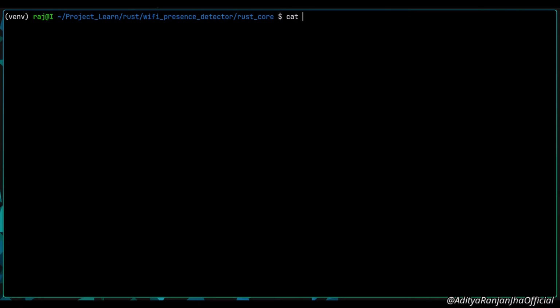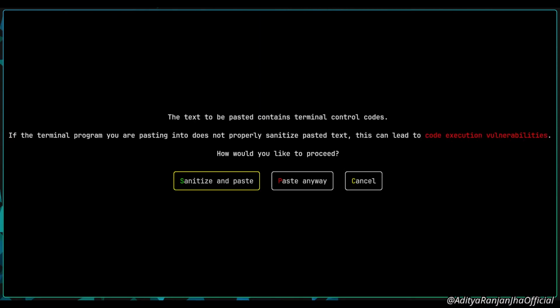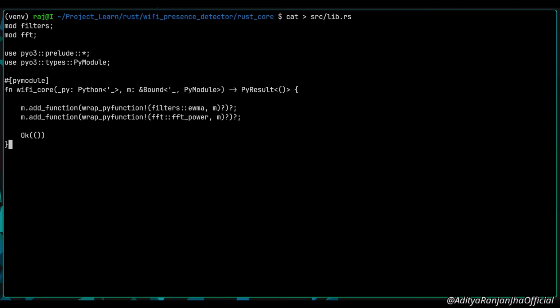We'll go to src, lib.rs, whatever is there, I don't care. We'll just print a new one, give it a line, Control D. Now, yeah, it's done. So this is a write sort of function, like we use write in Python, no? And if we wanted to use append, then we would have used two of these arrows, but we'll just write it out